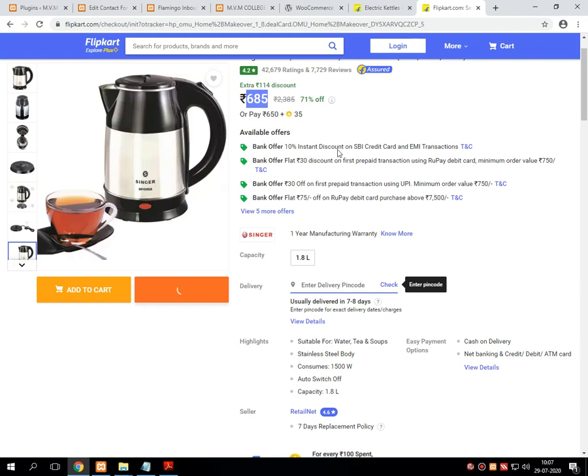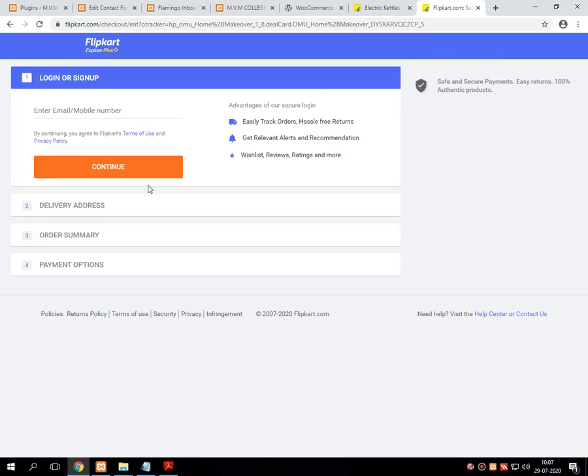This kettle will be added into the cart, that is called my shopping cart. Once it is added, I have to give my email ID and my delivery address, it shows my order summary, then I have to make a payment, and after a few days that product gets delivered at my doorstep.